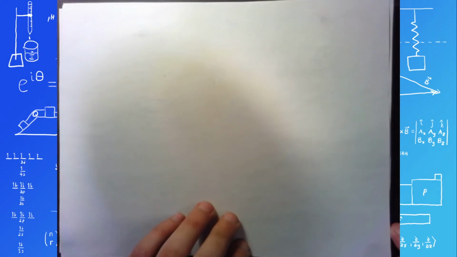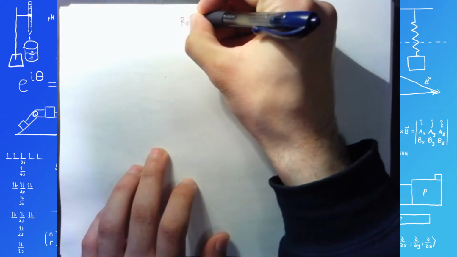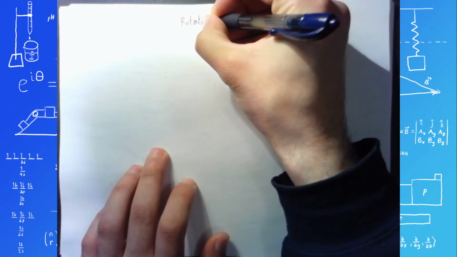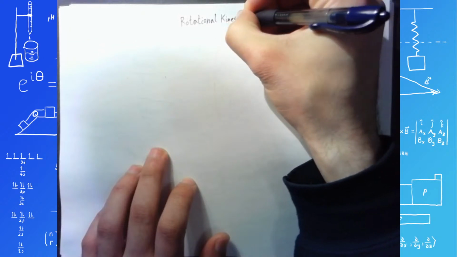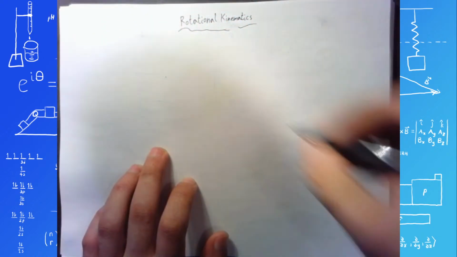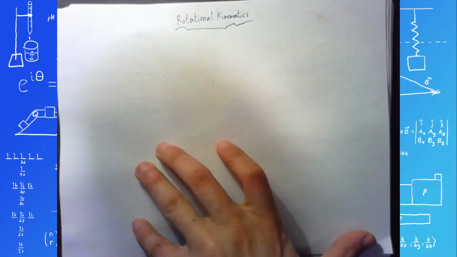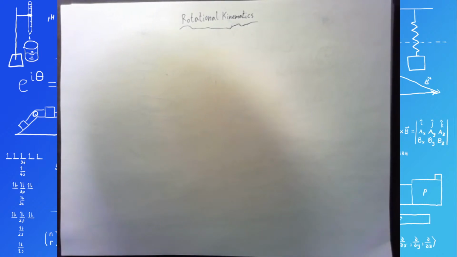So today we are going to do rotational kinematics. We're just going to be introducing some really simple concepts involving rotation. Basically, they're going to be the rotational versions of displacement, velocity, and acceleration. And once we discuss those, we will also look at